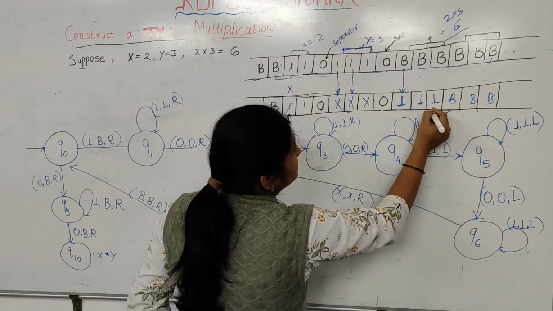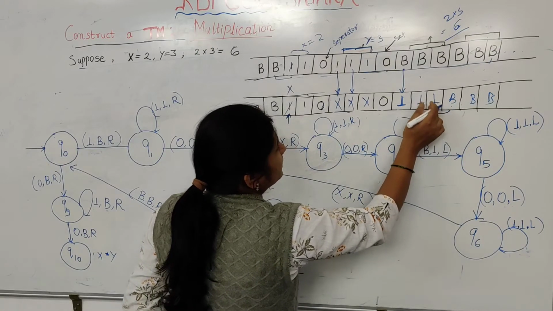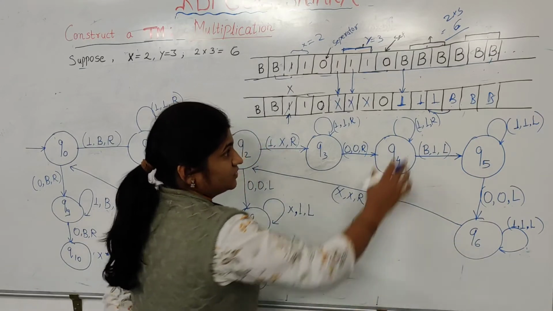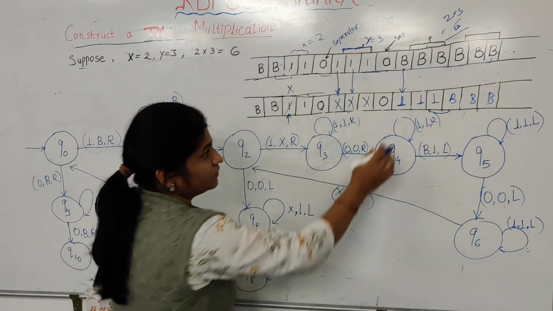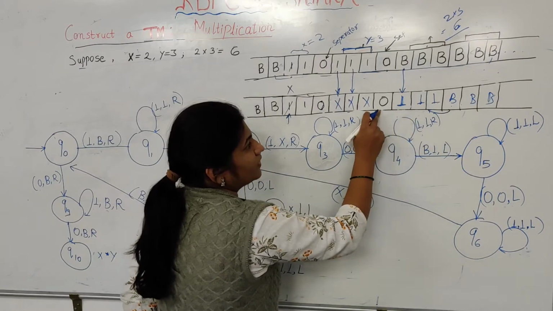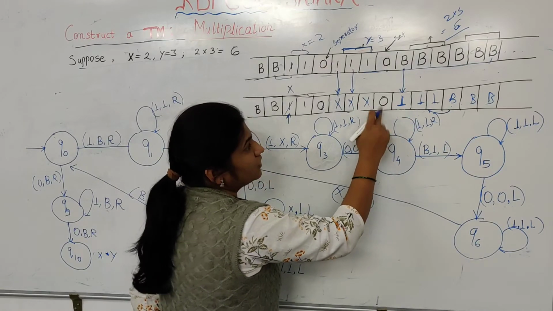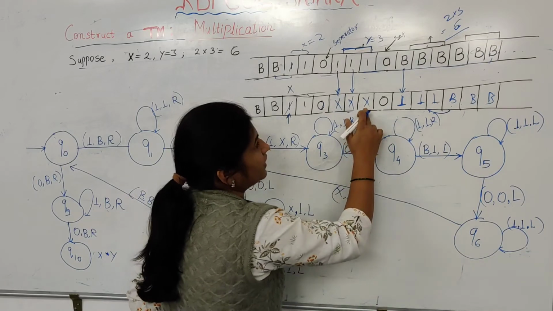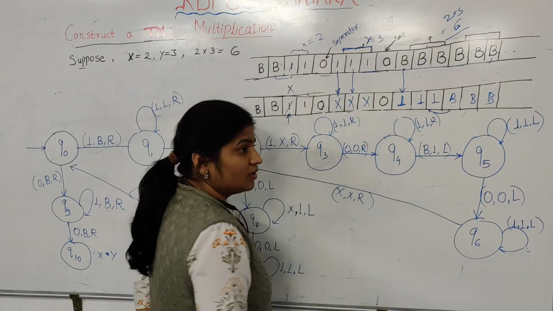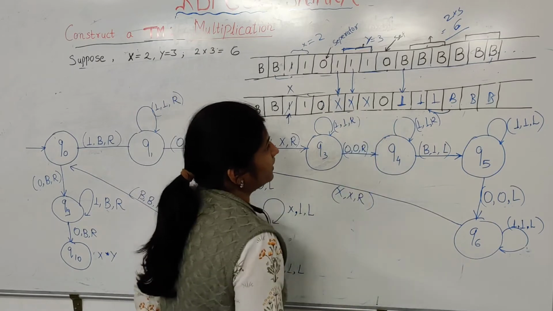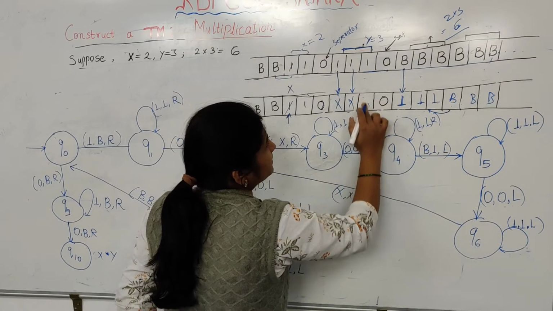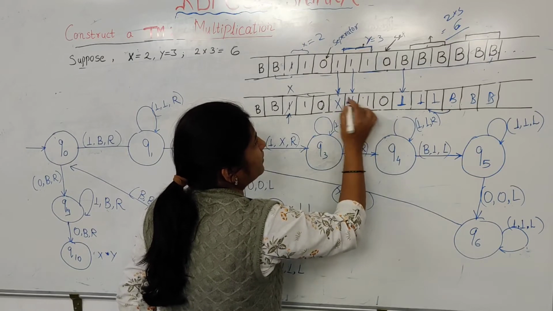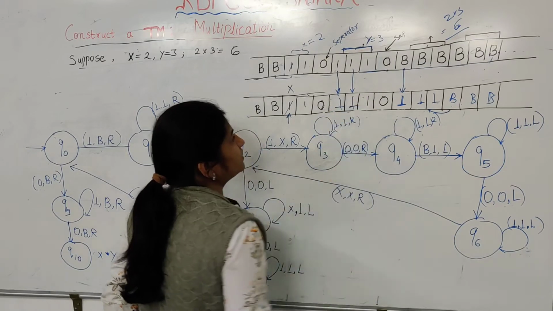As soon as we get a blank, we will move towards the left, and we will keep this 1 as it is. We will not change this 1. Just remember that these ones we have to keep as they are. If we encounter the 0, that is the separator, then also you have to keep it as it is. If we encounter the x, at this stage, we have to change this x again to the 1. This x also we have to change into 1, and again this x also we have to change into 1.